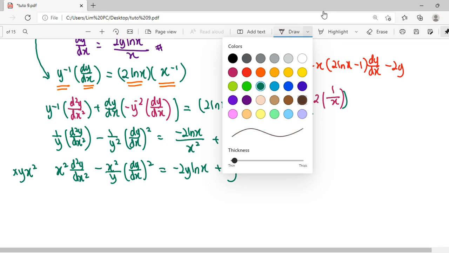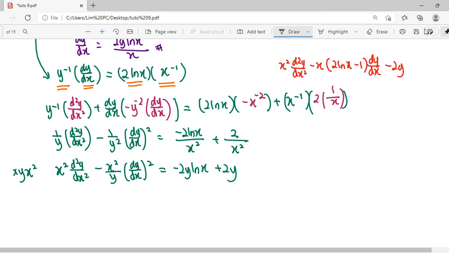Then we compare with the result that we want. So this part we managed to achieve, and then we slowly get 2y. Later on we move it to the left hand side, which we also achieve. So now we have to figure out how we're going to achieve this part, where this dy/dx is factorized out, and this x is also factorized out. Remaining here is 2 ln x